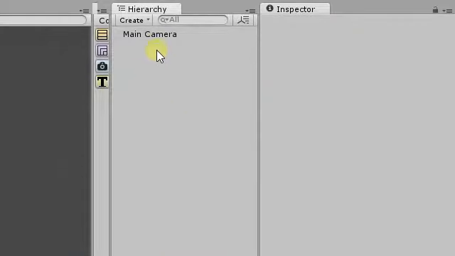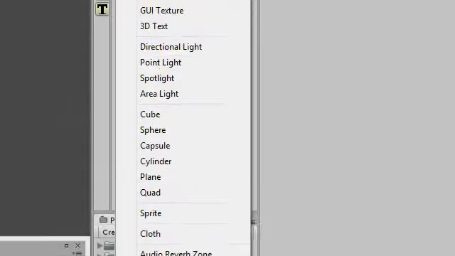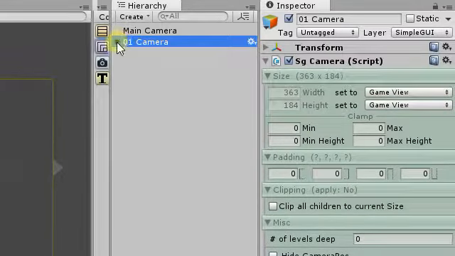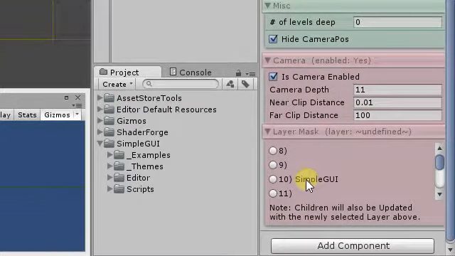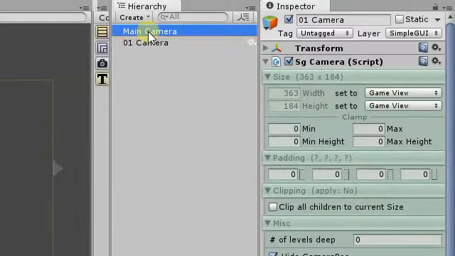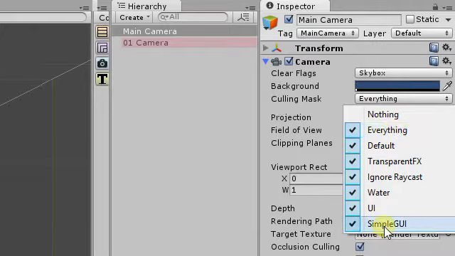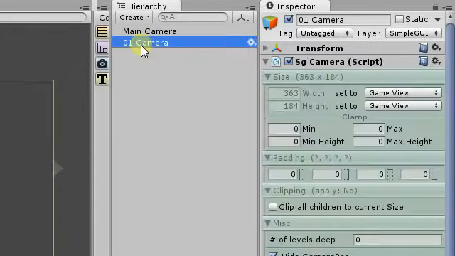There we go. Alright, so let's create our GUI camera. Let's see about the layer. It should use a preset layer mask, and the main camera needs to remove it. Okay, done. Next, I would like to have a layout,